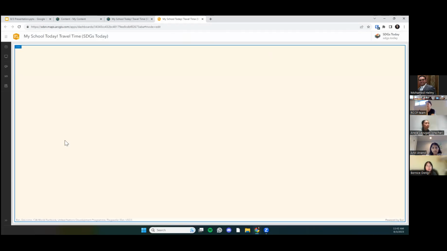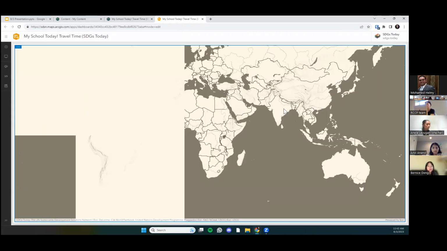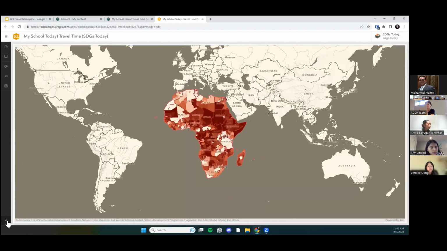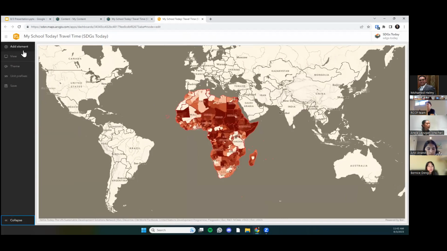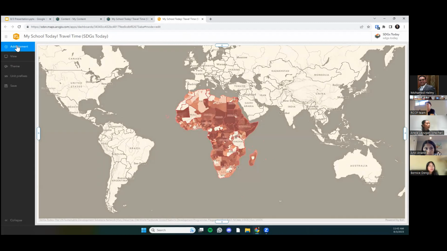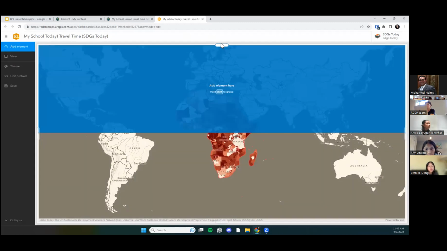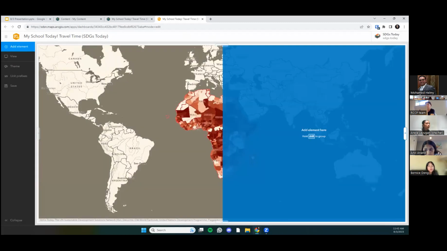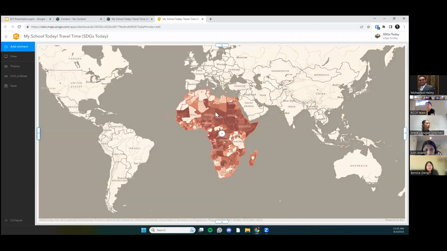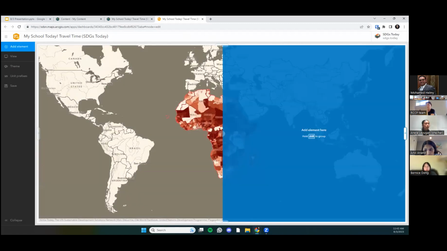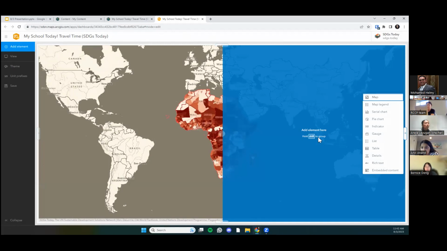And this is the editing tool. So it loads your map. And then here you can add different elements. If you click on that, you can just click on these plus signs where you want to add things. So for example, here, one thing that I like putting in applications like this is the legend itself,